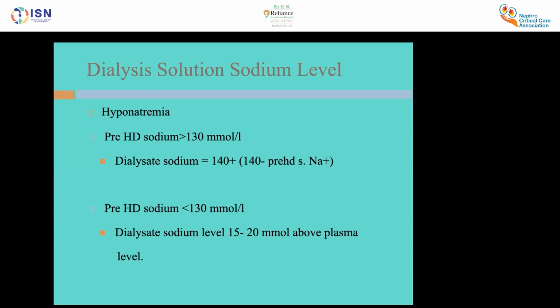So the lowest sodium that our conventional dialysis machines can allow without running conductive errors is around 129 to 130 in almost all the machines. So if a patient has a severe hyponatremia, which is less than 120, then we have to keep the lowest value, which is 129 to 130. And we have to check after dialysis if the sodium has got overcorrected. If it has got overcorrected,